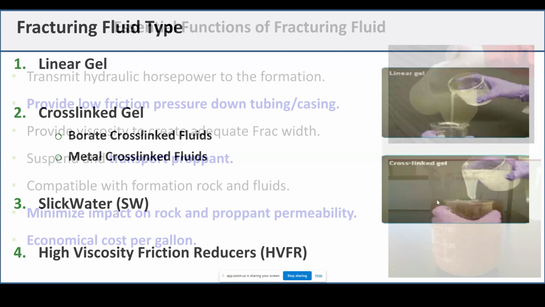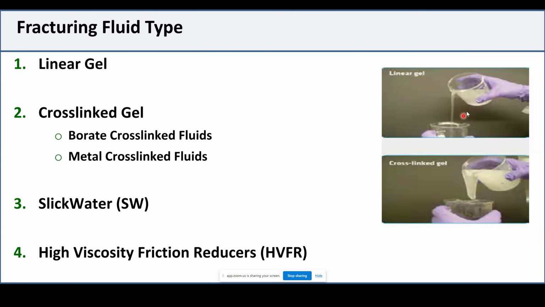So going next, what type of fracture fluid are we having? Usually fracture fluid, we can divide into four main types. There are plenty of other types like foam, VES fluid, but I will talk about the 90% of today's market. The first one is called linear gel, which is usually guar or guar derivative soluble in water. It will give you a 30 to 40 centipoise viscosity. This is a picture of linear gel,